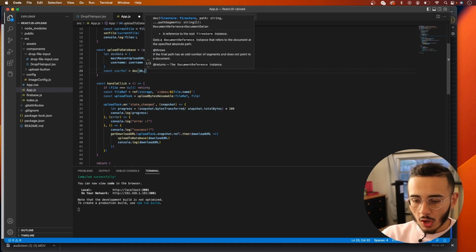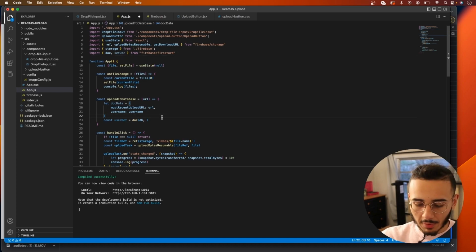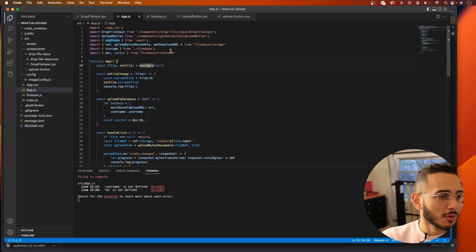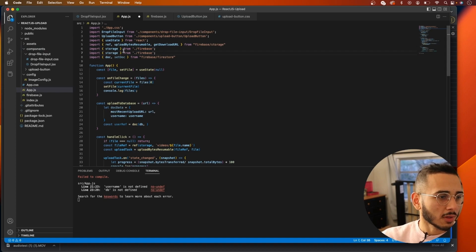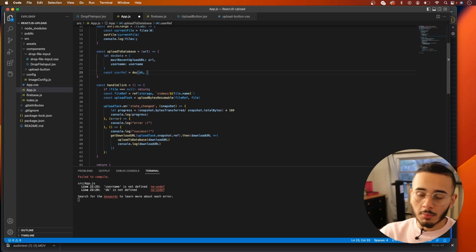So now we create the doc, and then you pass in the DB. We actually need to import this. Wait, let's hit Command S. Would it import it for us? No. It's similar to this. We can just import it. Call DB here. All right, now we have the DB, the database, and now we need to pass in the